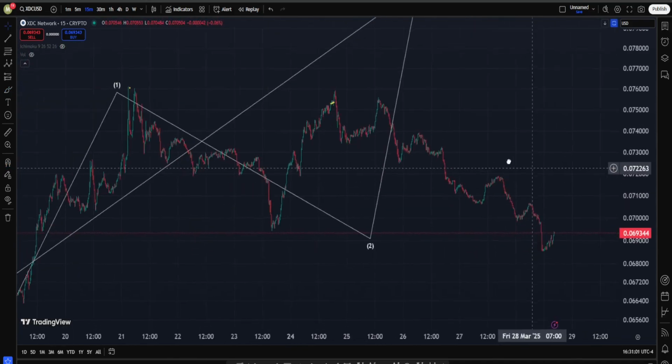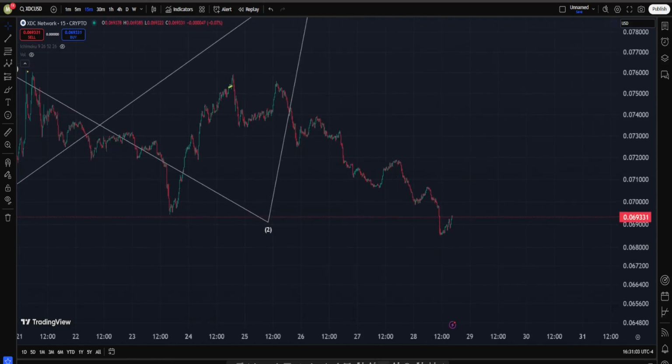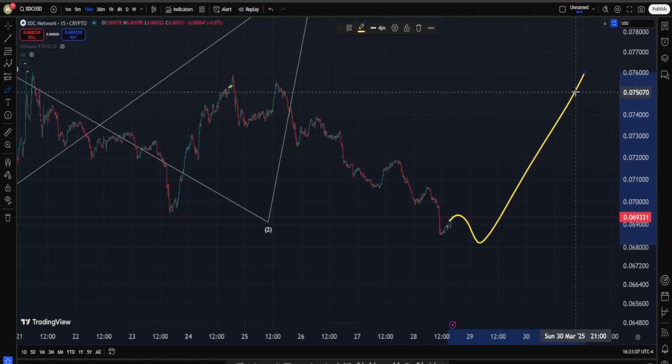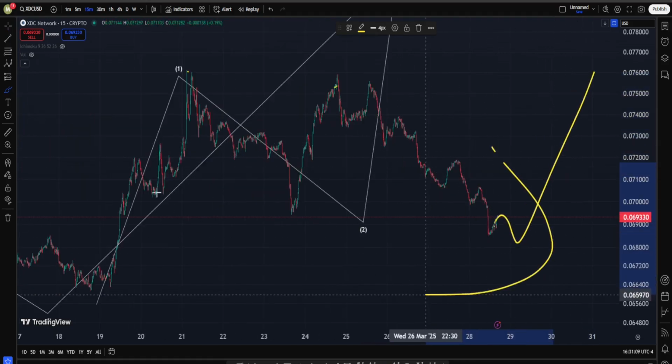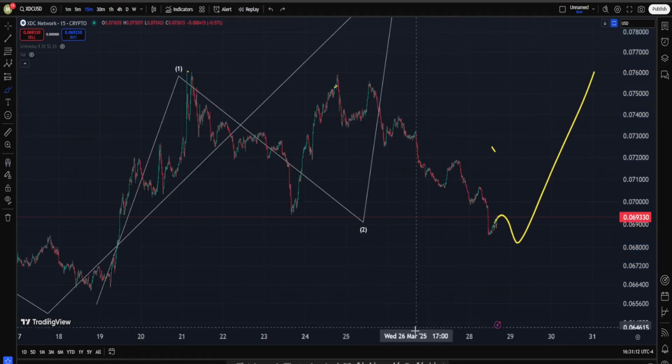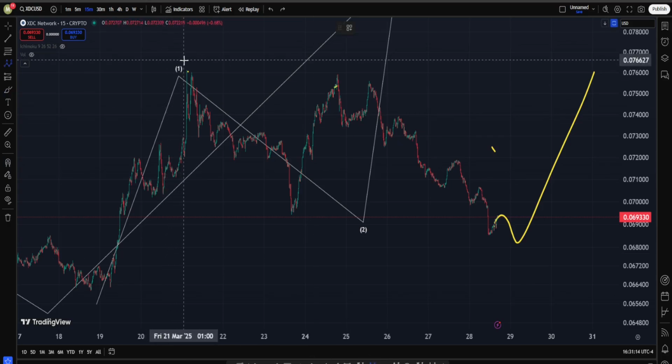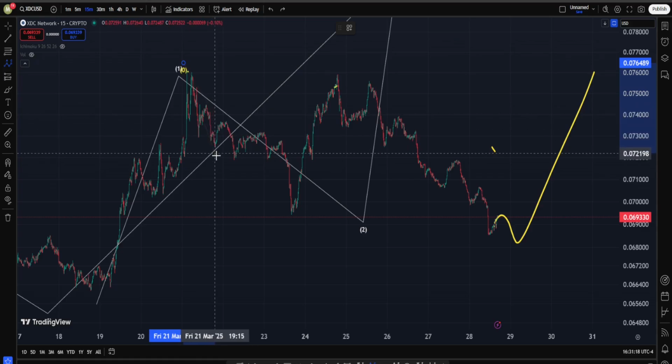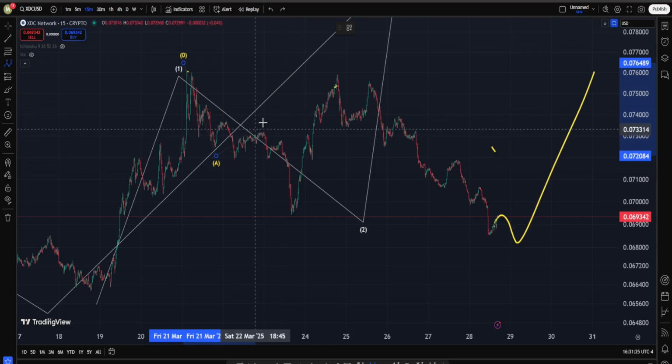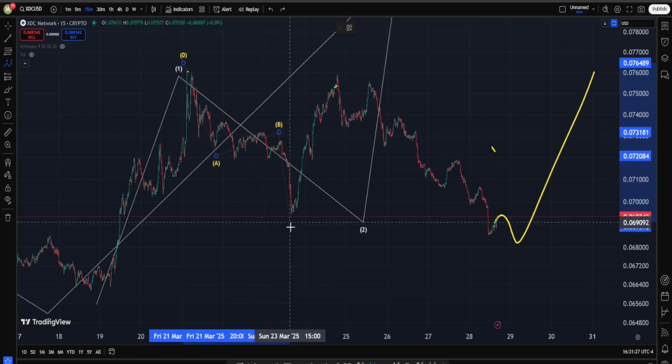And for now, please consider the scenario suggesting we may have one more move down and then a very strong comeback. What's the pattern going to be in this structure? Well, I'm thinking probably from this point, this might be like a 1, 2, 3, 4, 5 in form of a leading diagonal into A leg, and then correction for wave B, probably to about this point, another move down